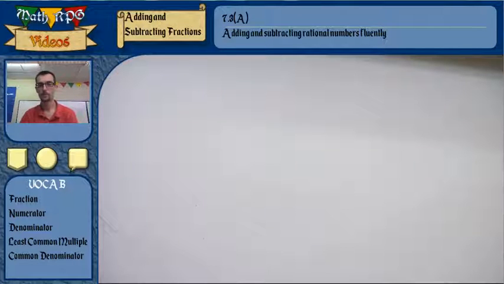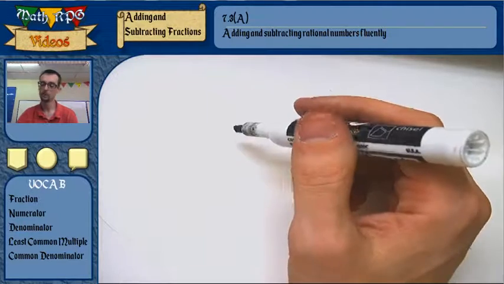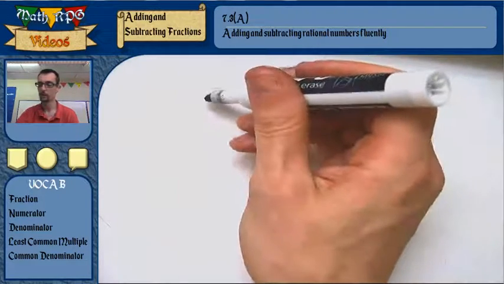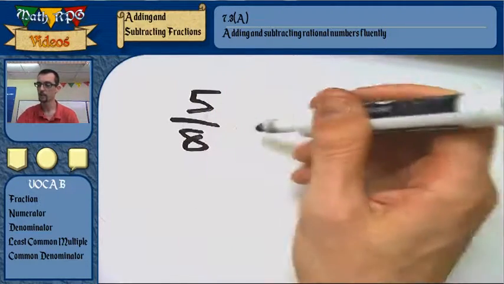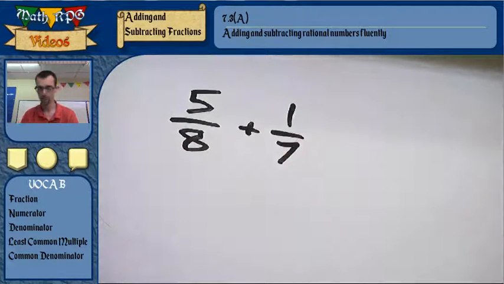Yeah, I mentioned sometimes there's going to be a shortcut. You don't have to actually just multiply the two denominators together. And that is actually finding what's called the, well, let me take a look here. Okay, for my example problem of 5/8 plus 1/7, I'm going to have to end up multiplying the 8